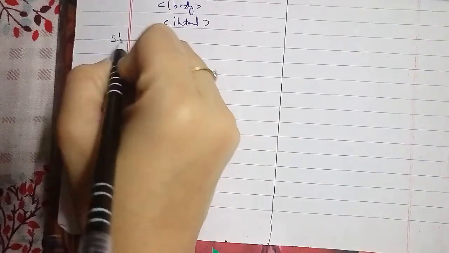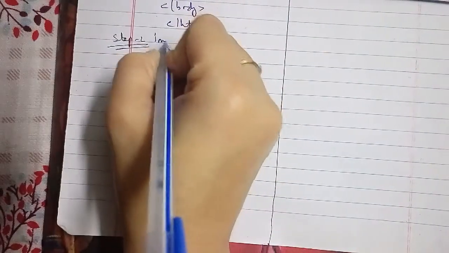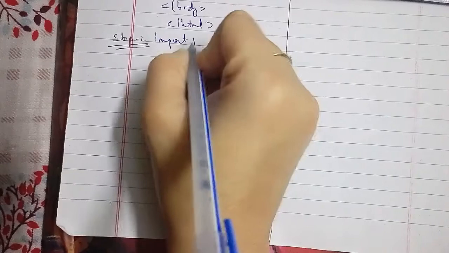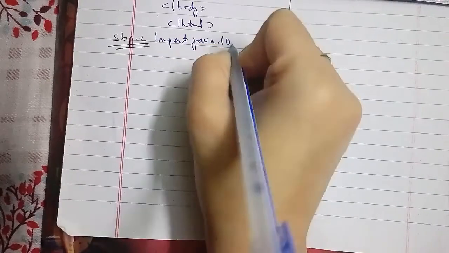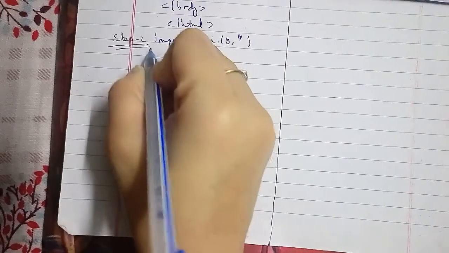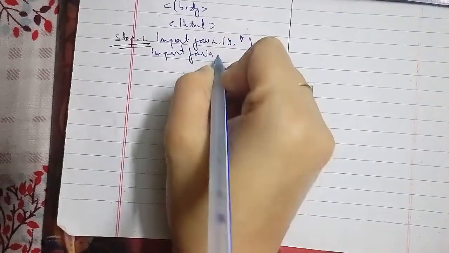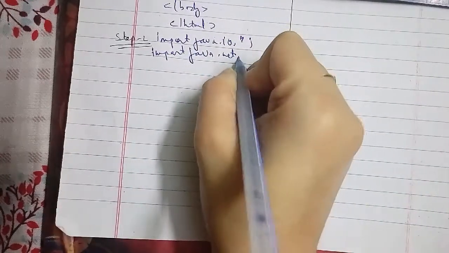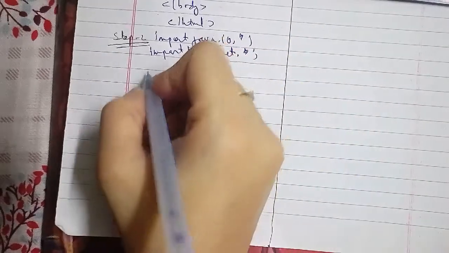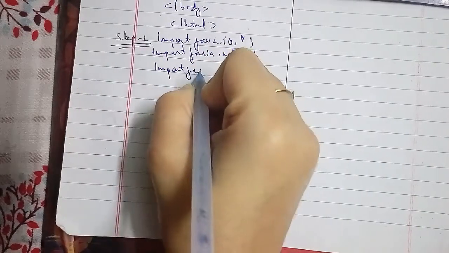java.io.* semicolon, then import java.net, then import javax.servlet, import javax.servlet.http,